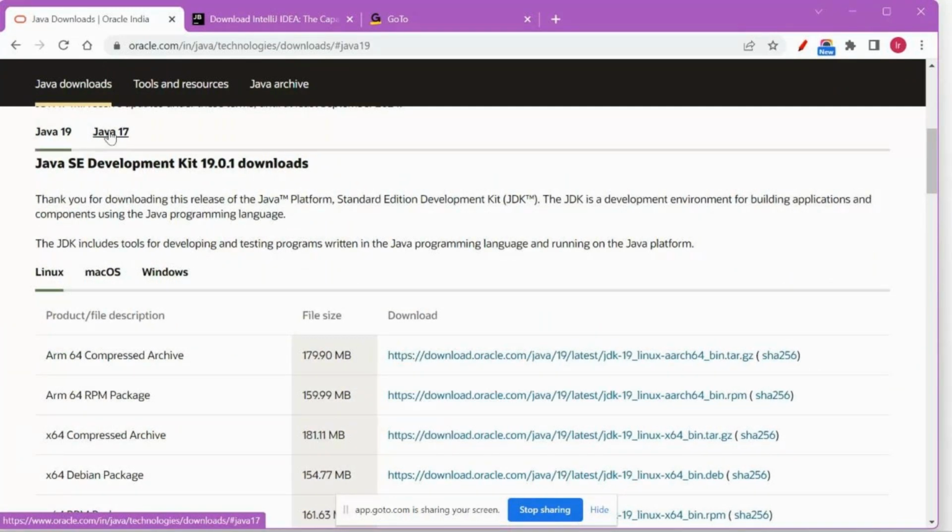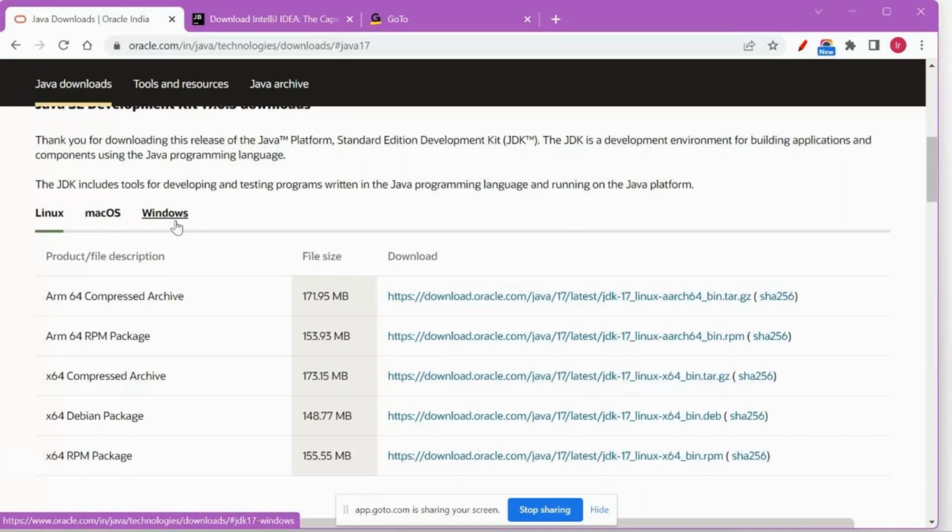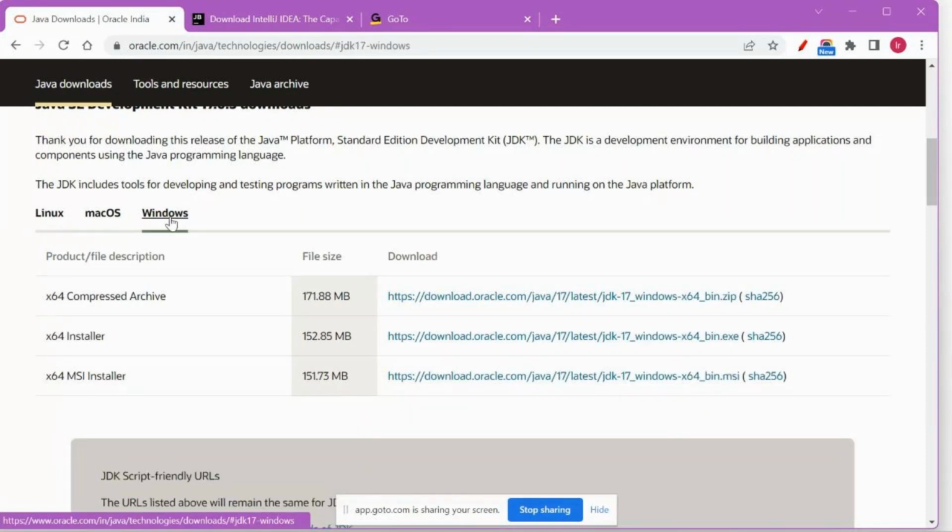Once you switch it, you have to scroll down a little bit. Here you can see the software is available for different operating system users. My machine is a Windows machine, so I'm clicking on Windows. Then there are different options available here also. I'm going with the installer. I want an exe, and I'll be clicking on that exe, like the usual process, right?